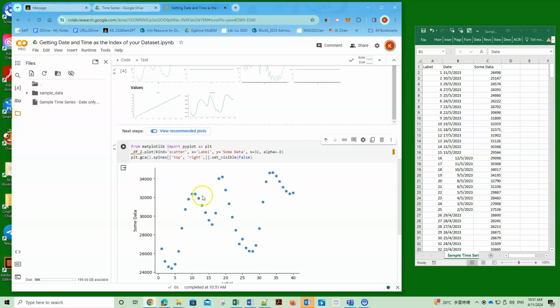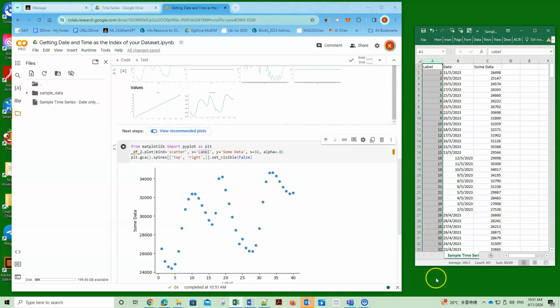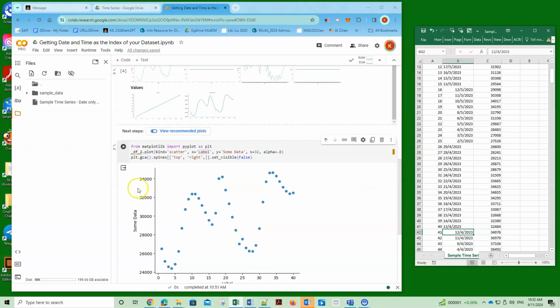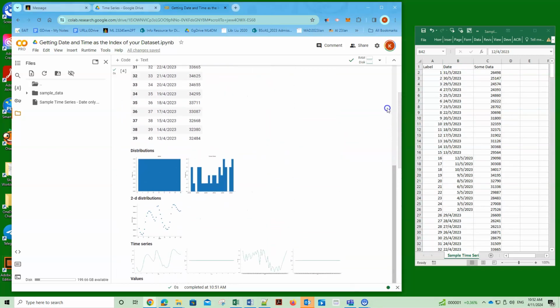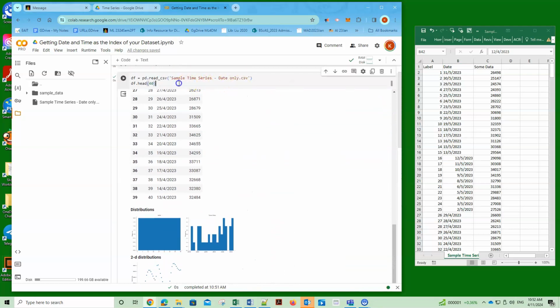Now you see a scatter plot. Okay, it's using matplotlib that we have learned already. Okay, and it's going to do a scatter plot. The x-axis are the values from the label column, which is this column 1, 2, 3, 4, 5, as you can see, all the way up to, in this case, only up to 40, but actually we have quite many data. Okay, maybe it's using some kind of AI, okay, because it knows that we are looking only at the first